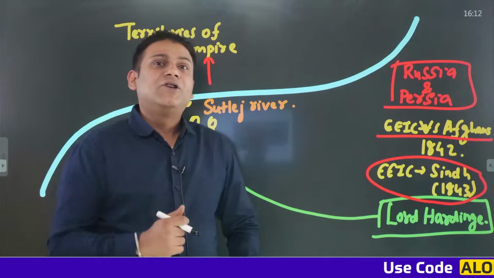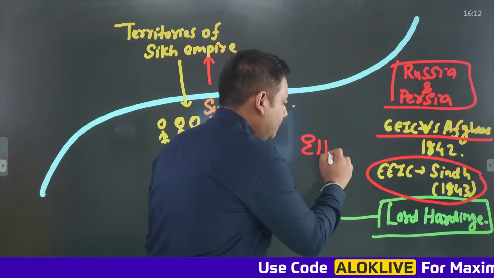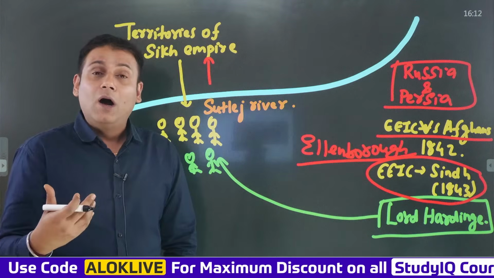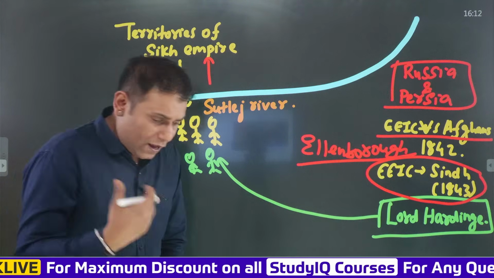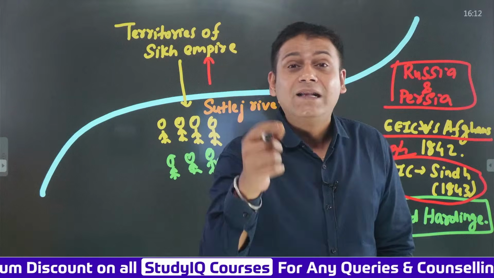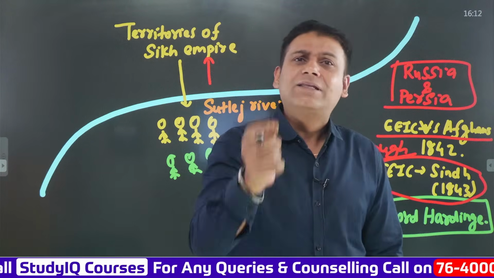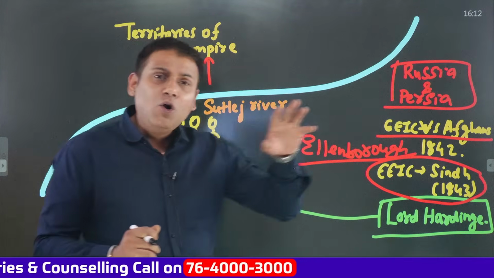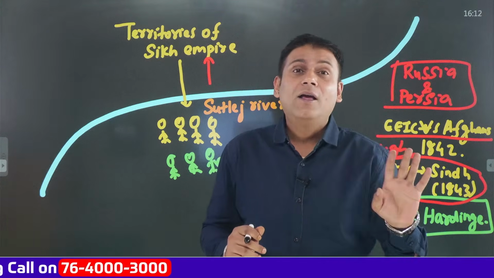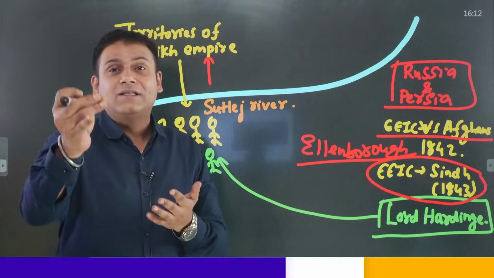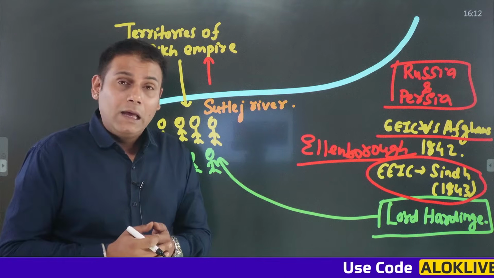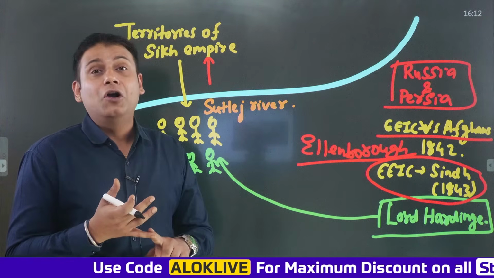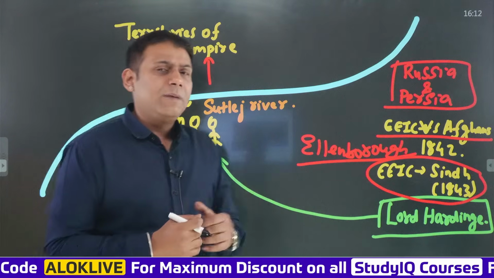Now, there was one Governor General whose name was Lord Ellenborough. Now, it was a time during the tenure of Ellenborough when the treaty needed to be renewed. But there was a British commanding officer whose name was Sir Charles Napier. Sir Charles Napier suggested to Ellenborough, till when are we going to renew the treaty of mutual friendship with Sindh? Why don't we capture the region of Sindh once and for all, and finally destroy the threat of Sindh? But Lord Ellenborough was like, what reason will we cite for conquering Sindh? Because Sindh has never breached the treaty of mutual friendship. So Sir Charles Napier said, you do not worry about this.